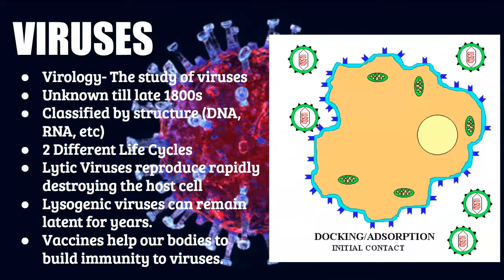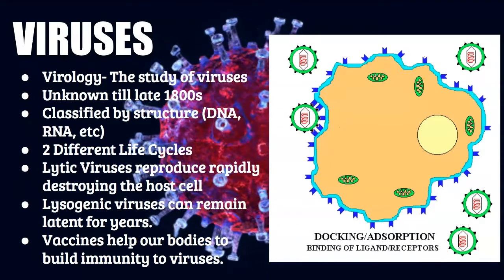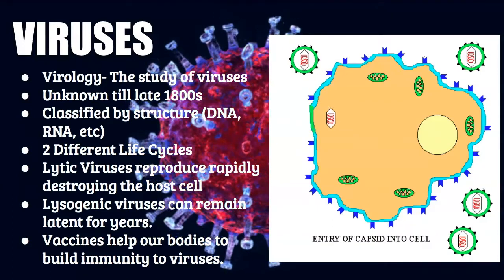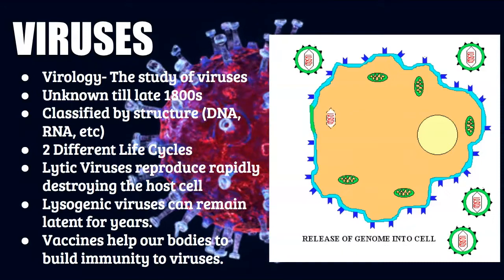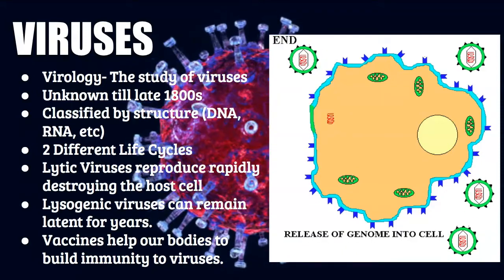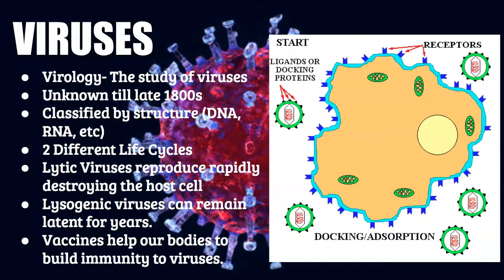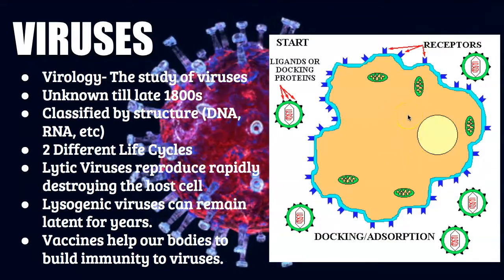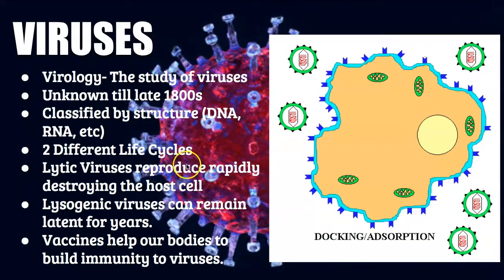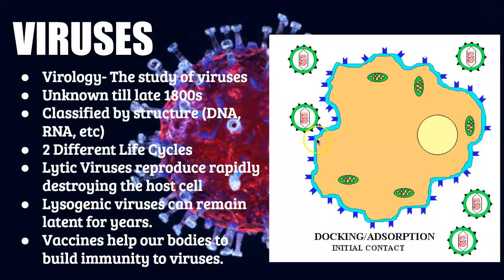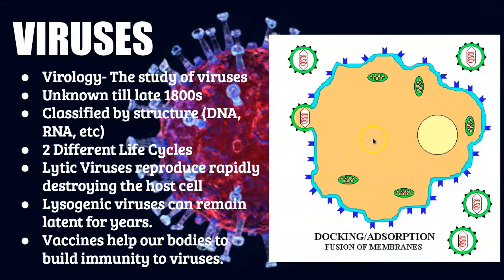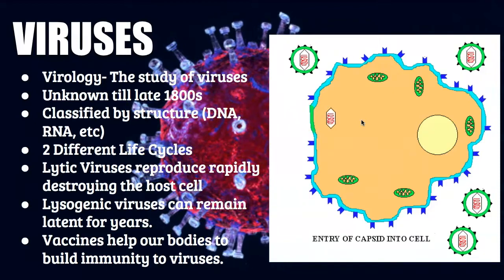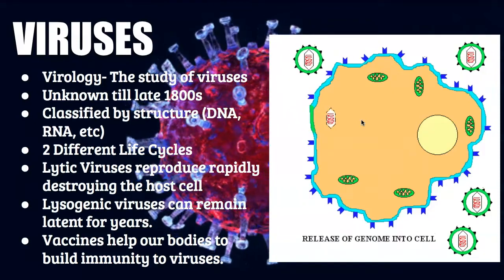All right, so yesterday we started looking at viruses and what viruses do, the study of viruses, virology, and how they're not necessarily a living thing, but we say that they have a life cycle. And when we talk about that, it's just their ability to reproduce, how they need a host to do so, and they're either going to do it one of two ways. They're either going to do it through the lytic cycle, which is like what happens with the flu, or even COVID-19, where it comes in and the cell just starts to reproduce that virus over and over again until the cell basically bursts from so many viruses inside.